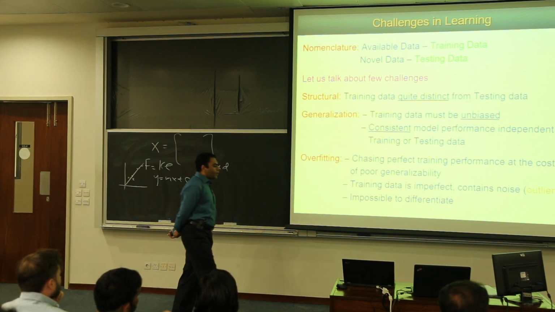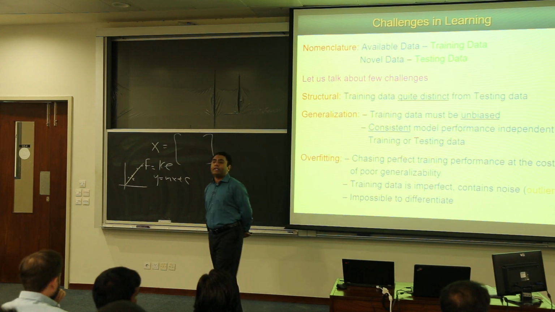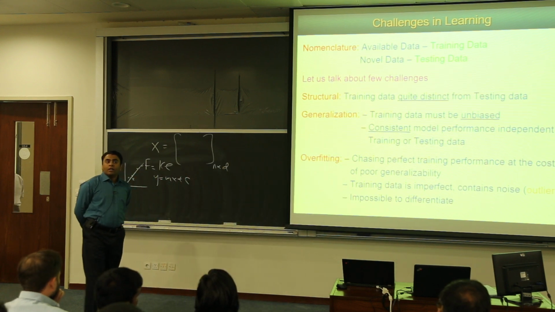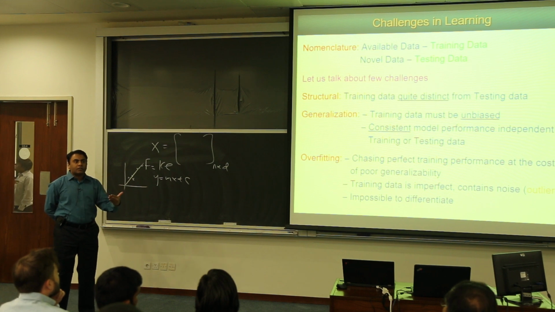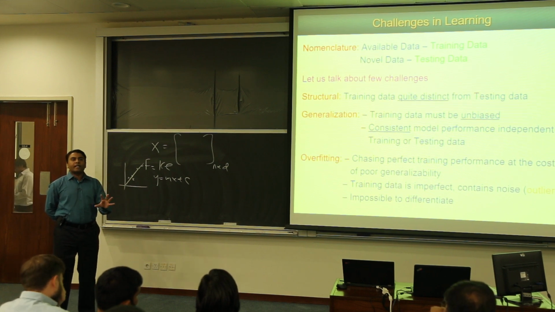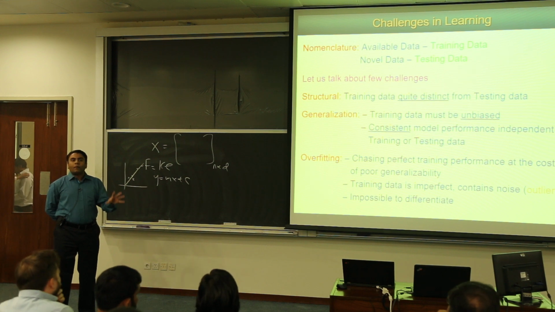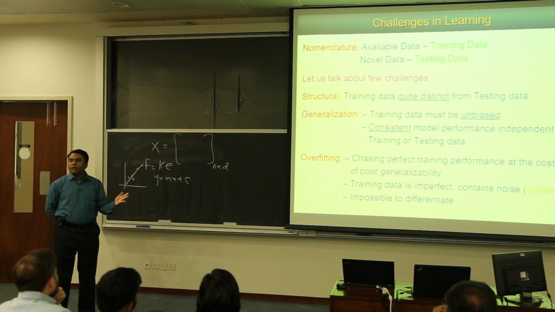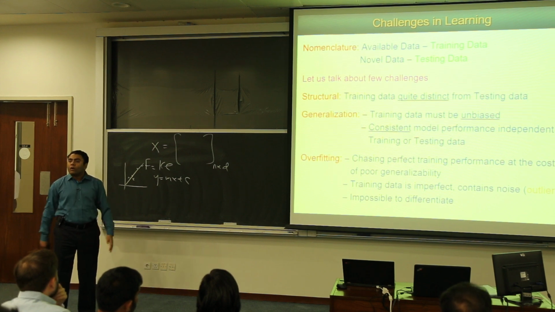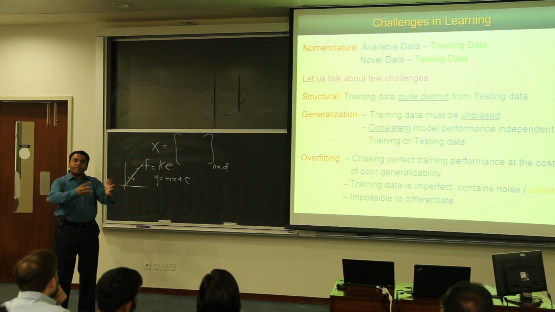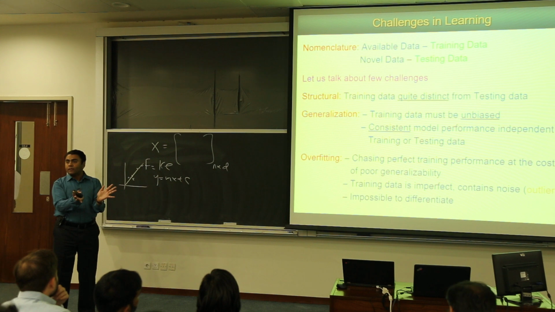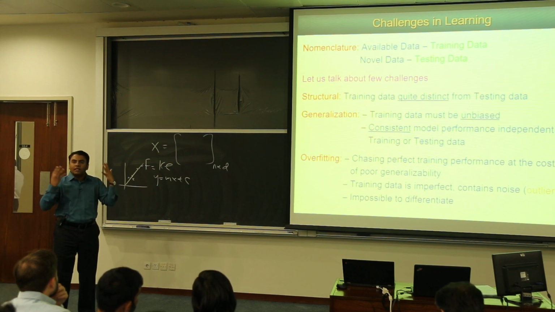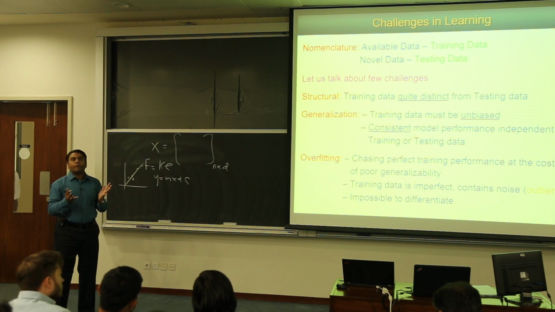The structural challenge is the following: the training data set is usually quite different from a testing data set. So a machine has only extracted features or learned information or knowledge from the data set it has seen. But what about the other features that are not present in the data? There is no way for a machine to learn. We go back to very basic principles of conservation of law, of mass and energy or information: information can neither be created nor destroyed. You cannot create novel information from existing information unless there are some hidden dependencies. It's not possible for a machine to automatically learn something new which it has not seen before,